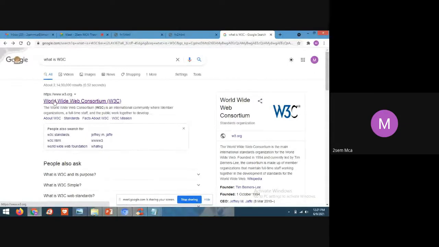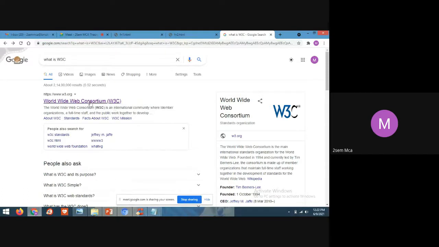When you put your mouse pointer here, the World Wide Web Consortium, W3C, is an international community where member organizations work. See, when I put my mouse pointer on this text, the hand symbol is not coming, students. If the hand symbol comes, it means it is a hyperlink, a navigation.